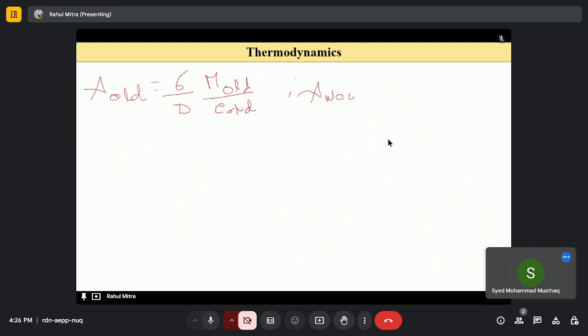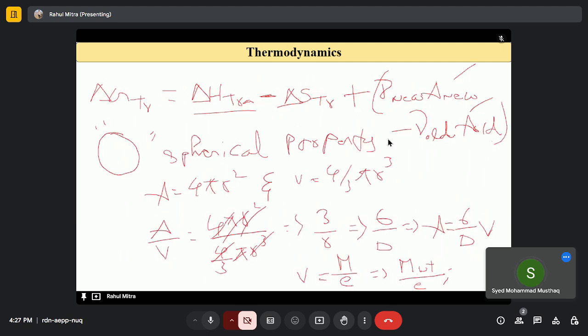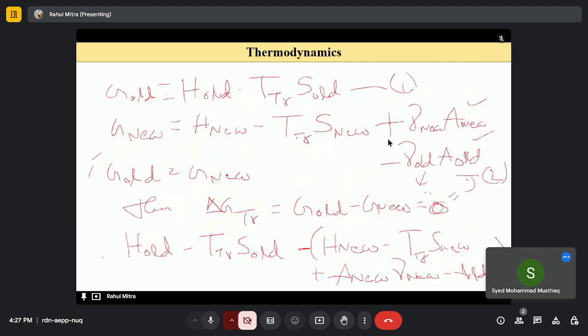A mu will be equal to 6 by d times molecular weight of mu by density of mu, where d is the diameter. Then substituting these two in the previous equation,